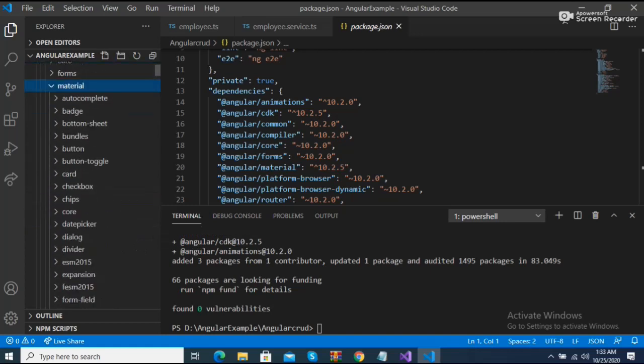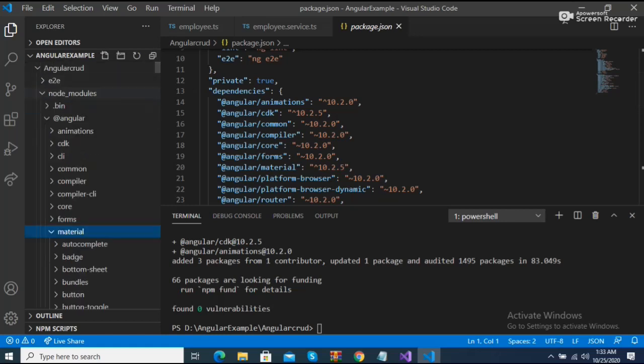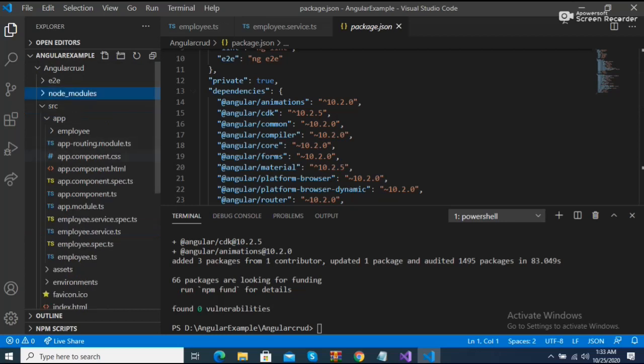So what should we do in the next step? We just need to add some libraries. In node_modules, we have the app.module.ts file.